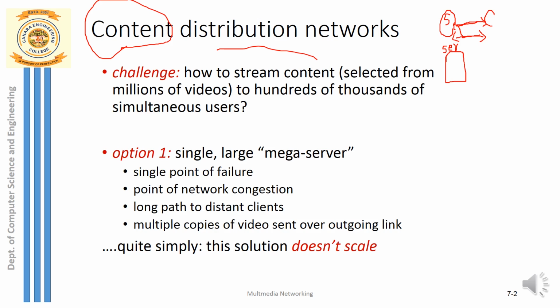Before we move on to that, we'll see some of the drawbacks here. If I have a server located very far away, for example, a client located in Mangalore and the server located in the north, maybe in Delhi, it takes a lot of time for the contents to travel all the way from the server in Delhi to the client in Mangalore. They are very far from each other, because of which the client may experience a lot of delay.